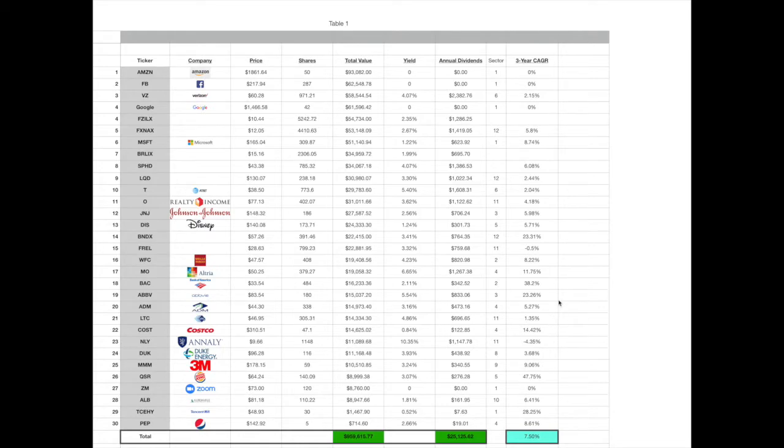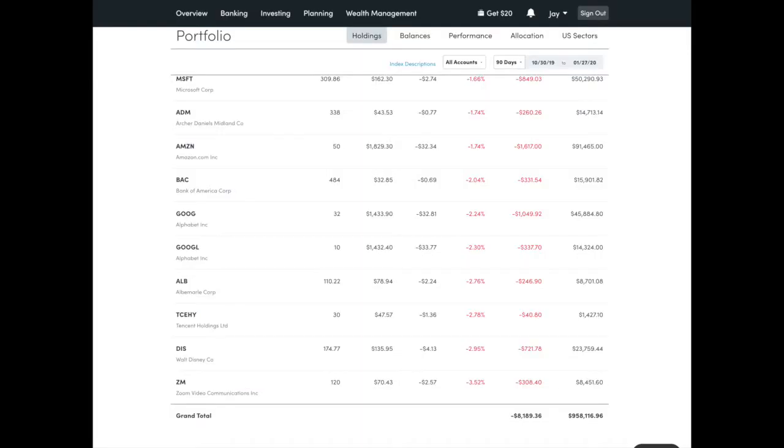And so at the end of the day, when I take a weighted average of the 3-year CAGRs for all of my dividend paying equities, what I get is a 7.5% CAGR. So that's essentially saying that based on these estimates, I can make a reasonable assumption, with some margin of error, that I can count on my overall dividend paying portfolio to have the dividend payout rate increase by 7.5% per year. And the way I figured that was pretty simple.